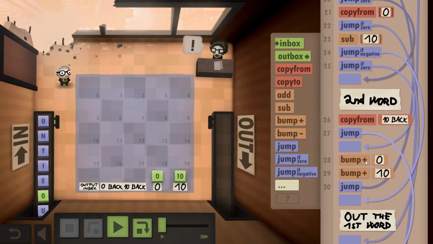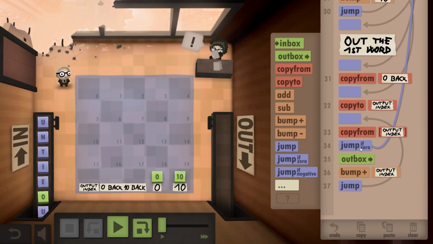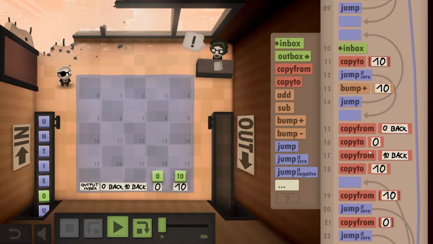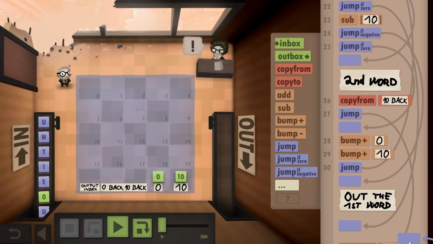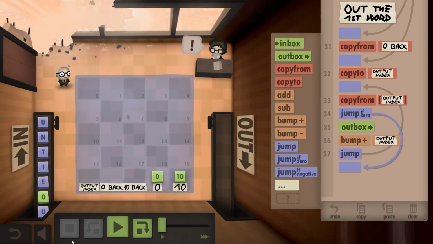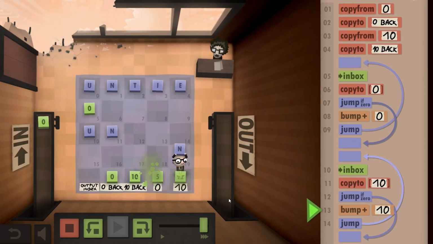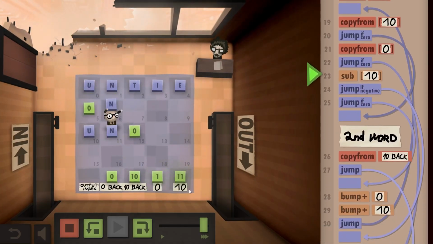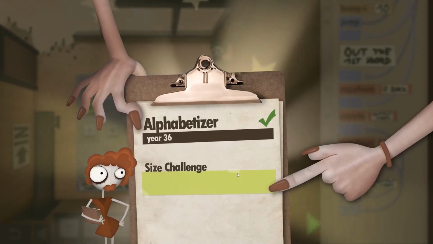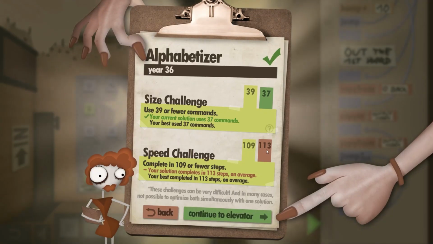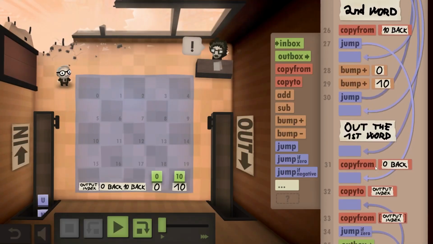Also, at the end, look at this jump right there. When we finish and we outbox the last letter, we can just terminate. We don't have to jump to the beginning, because we're not gonna repeat this. So if 0, just jump to the end. Obviously, I'm too invested in trying to repeat this code, do it again. So quickly jump to the end. That saved 4 commands, right? Surely. 4 steps, I mean. Yeah, 113, so we saved 4 steps, and now we just need to shave off 4 more,